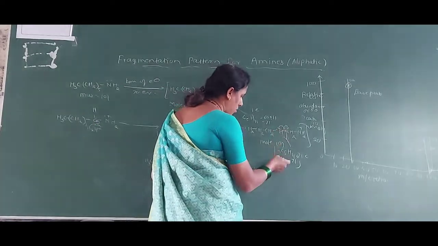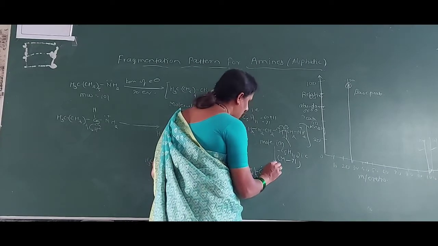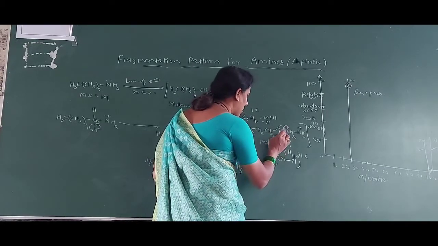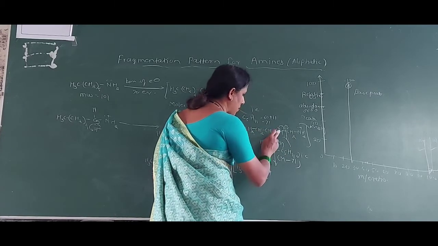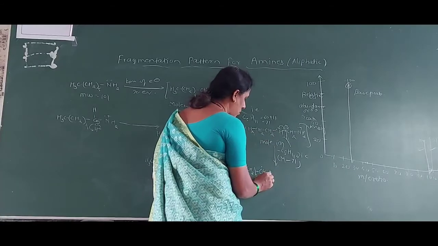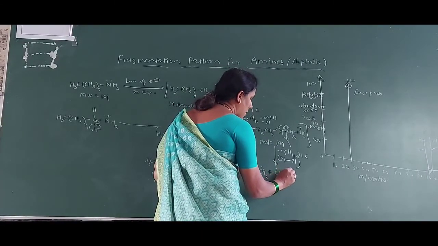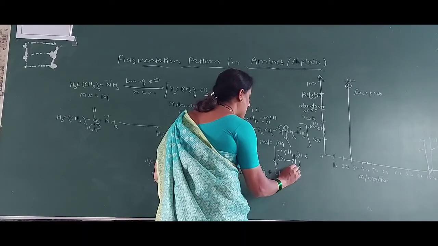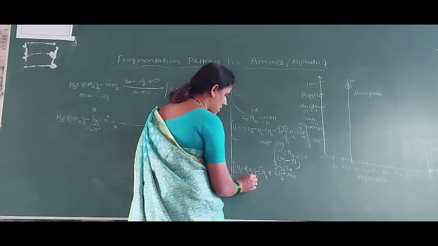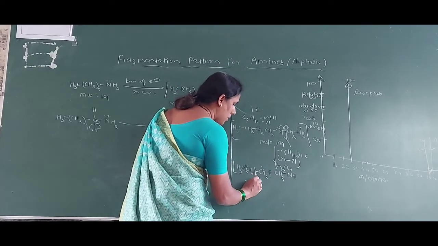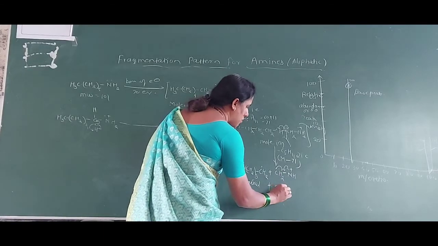There are two fragments here. CH2 dot plus, what is the remaining one here? That is 1, 2, 3, 4, 2, 3, 4. CH2 dot and here CH2 dot, NH. Now this electron goes on here, this electron goes on here. This is formed as a radical one, and first this is formed as an m/z ratio.